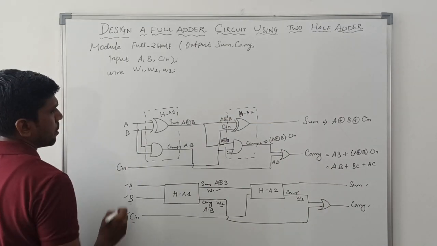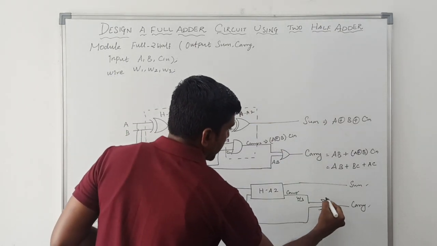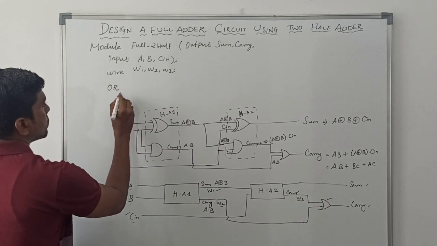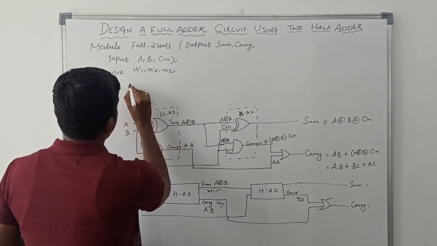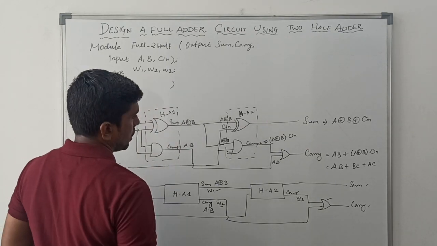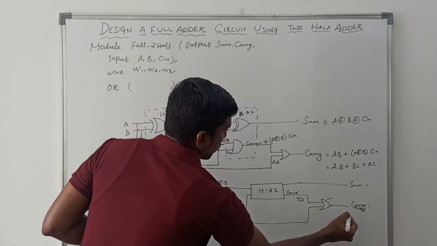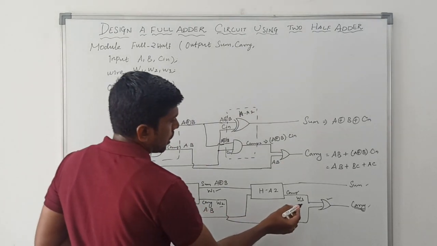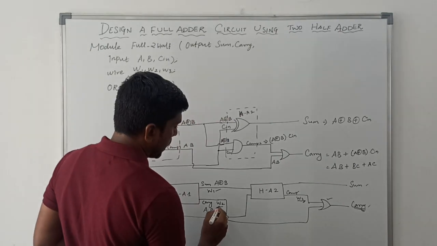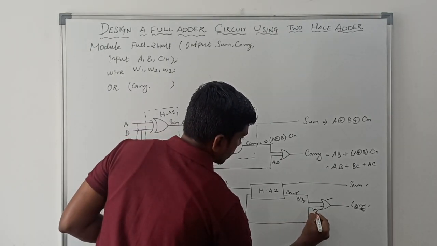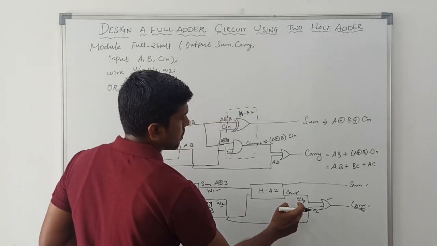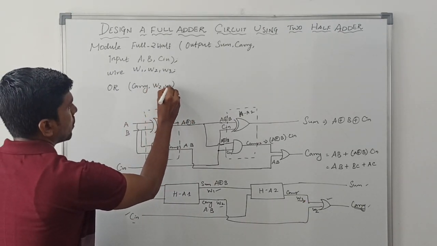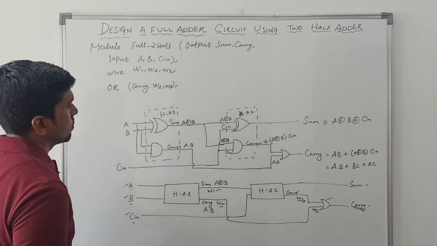Now I am going to explain the operation. Let me take the OR gate first. OR operation, within a bracket, declare the output and inputs. The output of the OR gate is carry, and the inputs are W3 and W2. These 2 wire signals are given to the inputs of the OR gate: wire 2 comma wire 3.